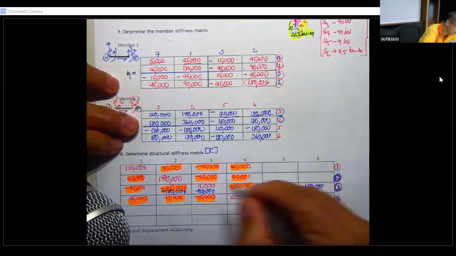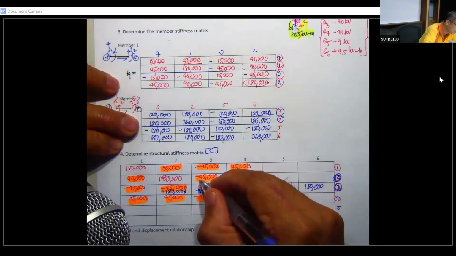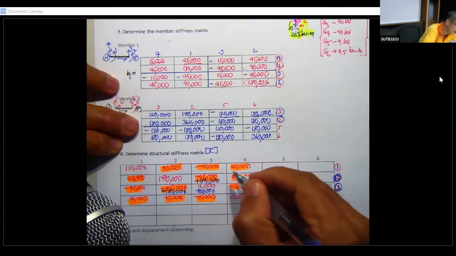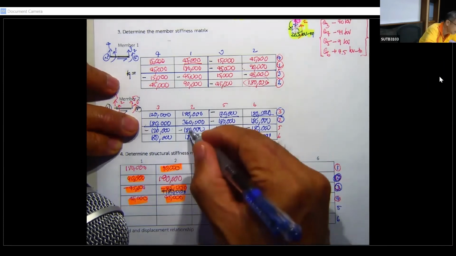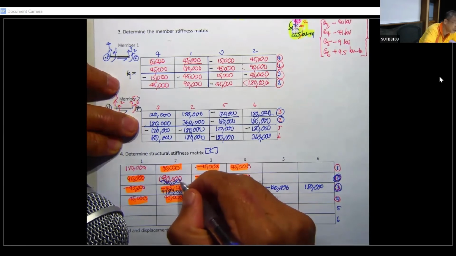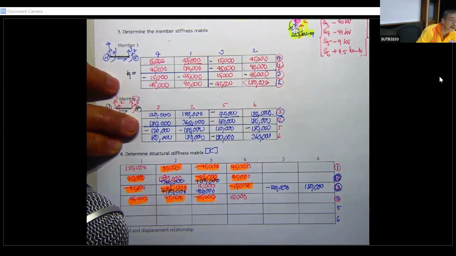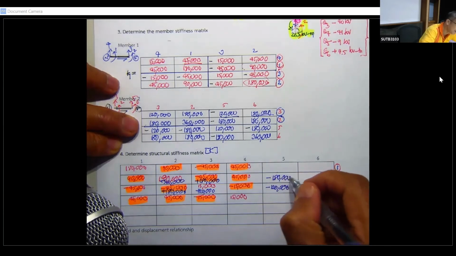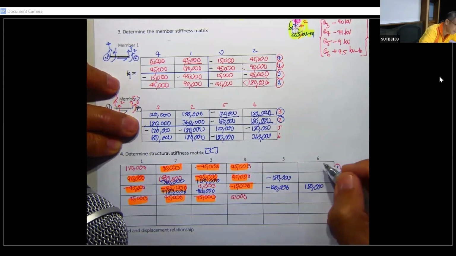Number 2 start with 3, number 2 start with 3 plus 180,000, and then go to number 2. This one plus 360,000. You can see if you use a different color, it's going to help. Go to this one, 180,000, and then the last one, positive 180,000,